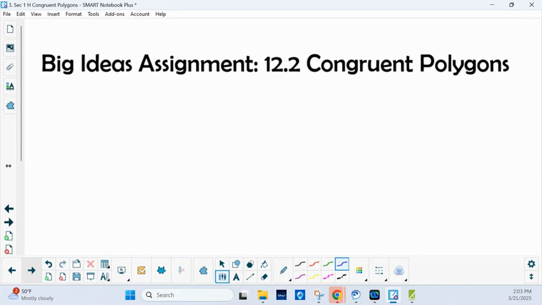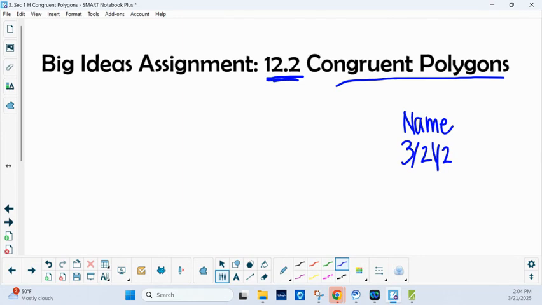Hey, you might have a system. I can't remember if I assigned it to you or not, but if you will grab a piece of paper, let's title it 12.2. We'll be on the guidance again today. Congruent polygons. You do have several check answers, 5 or so. I can't remember. And today is the 21st. So if you do need to